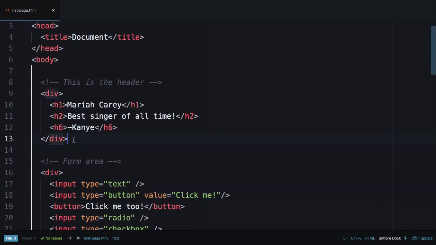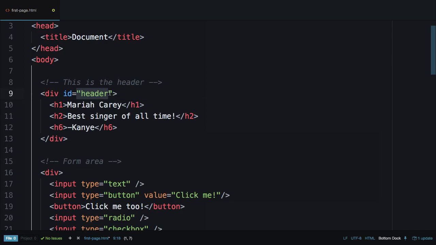Let's say I wanted to format this whole thing. Well, in CSS, I would target this div. I would give it a unique ID of, like, header sort of thing. So there are global attributes, which we'll get into tomorrow, like ID and class, but again, for tomorrow. So then in my CSS, I could target a div with an ID of header,